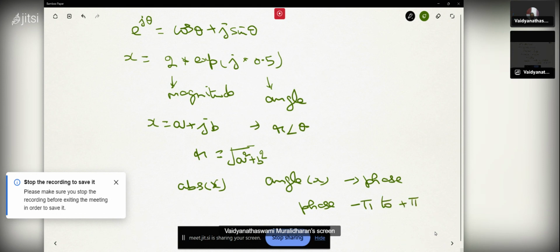So you can use the MATLAB command abs to find the magnitude, angle to find the phase. Keep in mind phase is between minus pi to plus pi. MATLAB always gives phase in between minus pi to plus pi. Suppose if the angle goes beyond pi, then it is a wraparound actually. For example, if the angle is